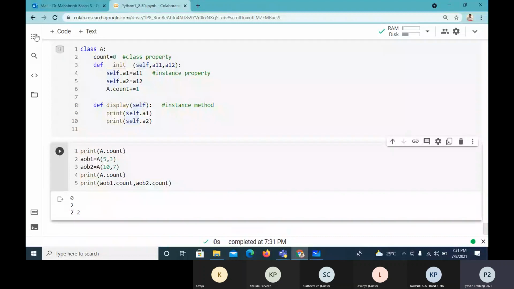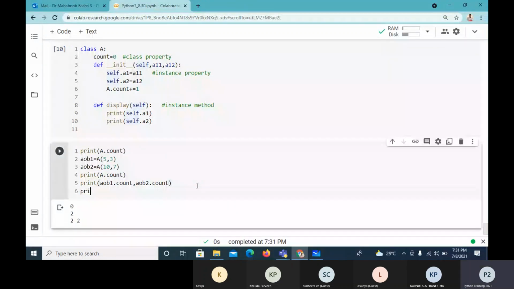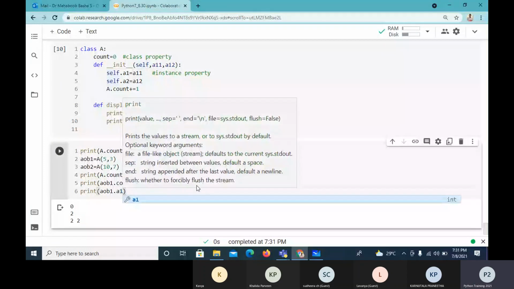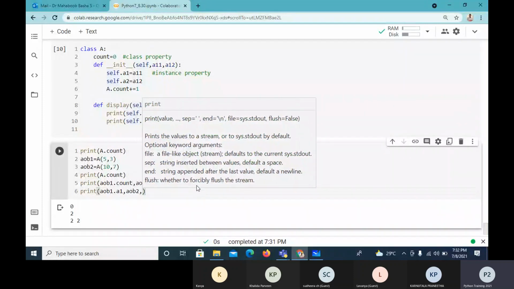Now when I take the instance properties, when I say print A1, I have to take AOB1.A1, because A1 is a separate copy belonging to AOB1. Similarly, A1 is another separate copy of AOB2.